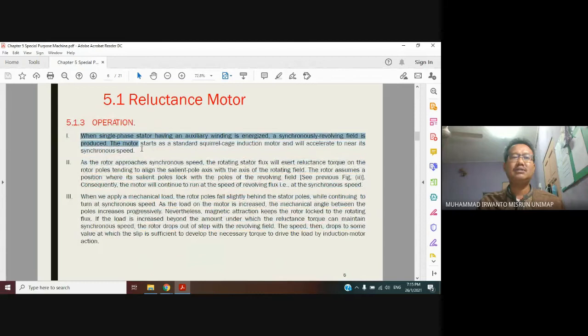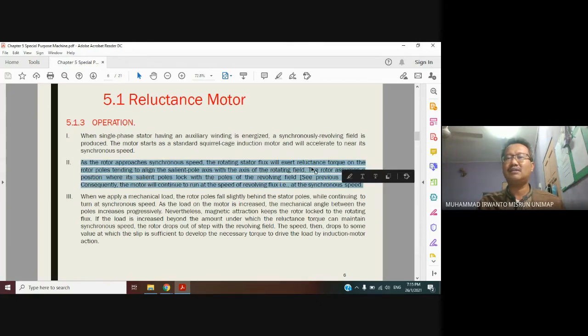First, when the single phase stator having an auxiliary winding is energized, a synchronous revolving field is produced. The motor starts as a standard squirrel cage induction motor and will accelerate to near its synchronous speed. As the rotor approaches synchronous speed, the rotor stator flux will exert a reluctance torque on the rotor field, tending